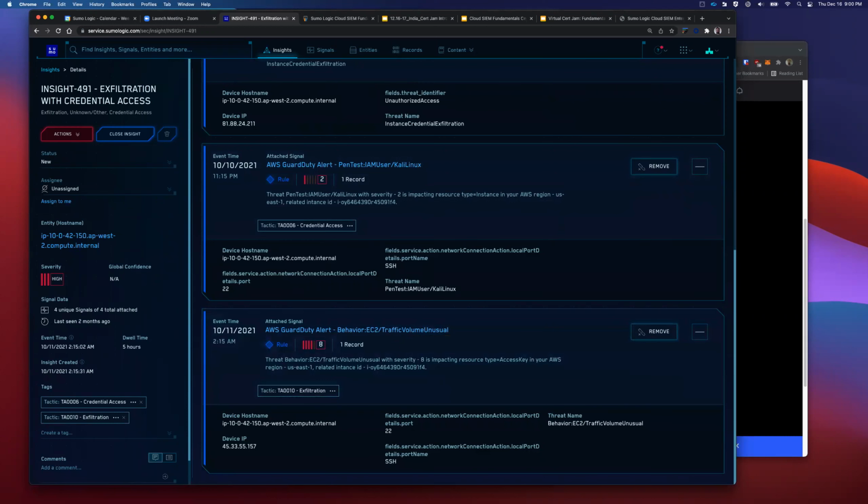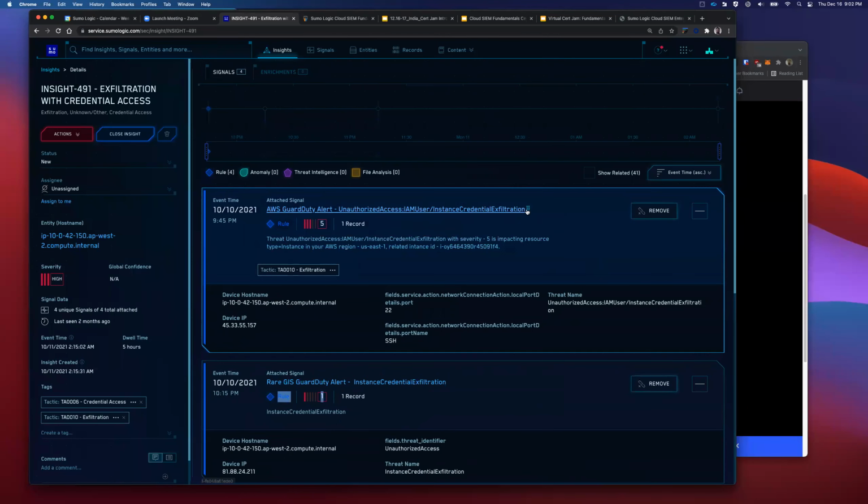So what we're seeing here, and I should really pause and ask you, what do you see here? But the lab leads us to what we see here, so I'm just going to let the lab guide us. What we're seeing in the summary is unauthorized access occurred in the form of credential exfiltration. So here is the unauthorized access for that credential authorization. We see the severity here. So this was a pretty severe event.